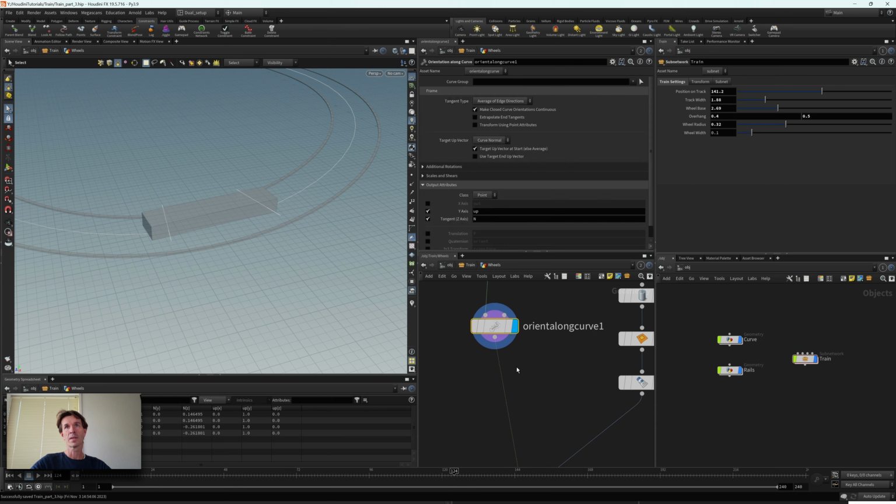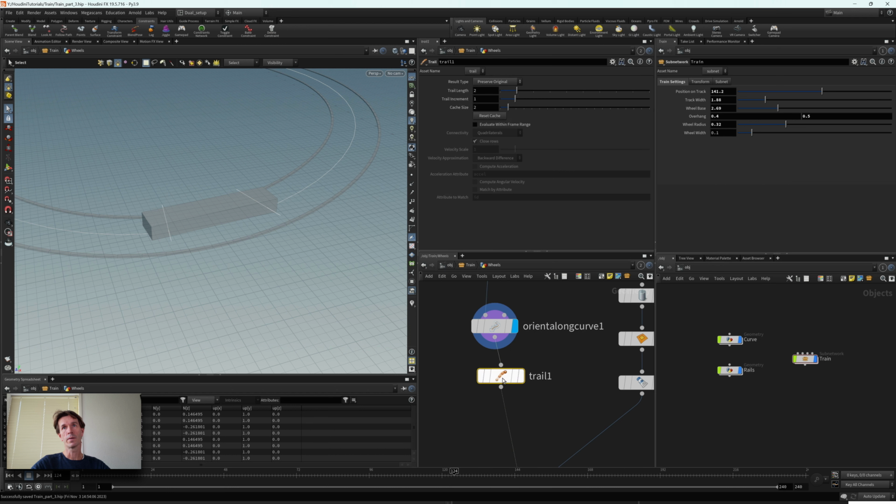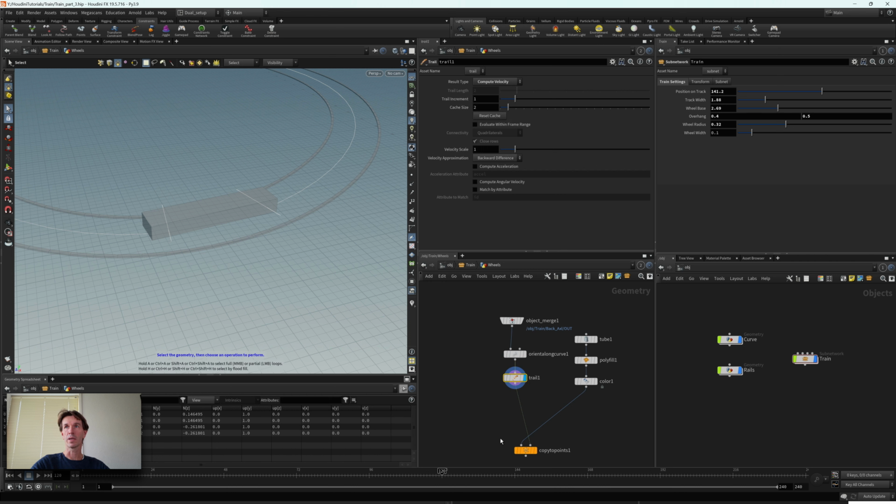So to do this, I'm gonna use a trail sub here, and this trail sub, I'm gonna say not preserve original, but compute velocity. So what it's doing now, it's computing the velocity. As you can see here, v is calculated. This for now is set to 0 because there is no animation whatsoever, but I want some animation on there because